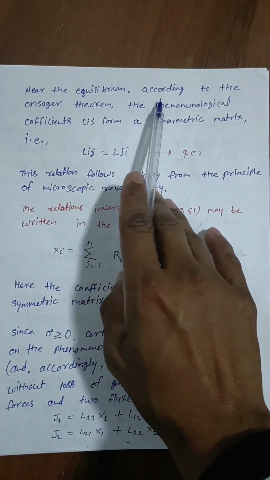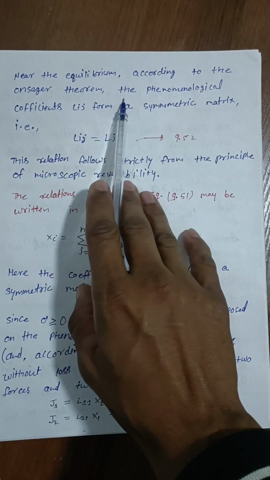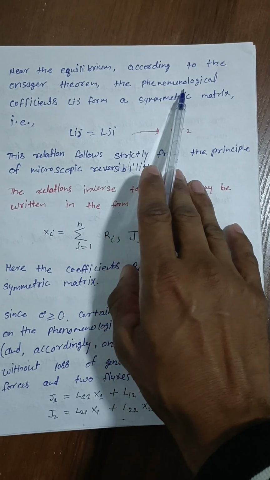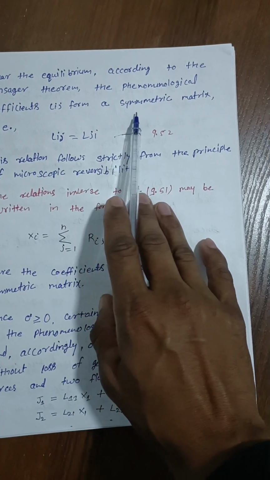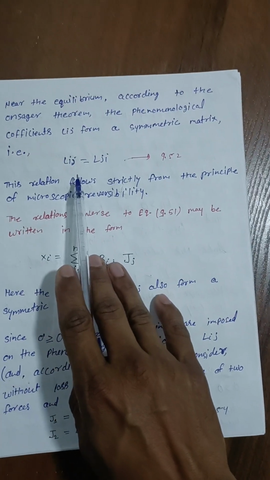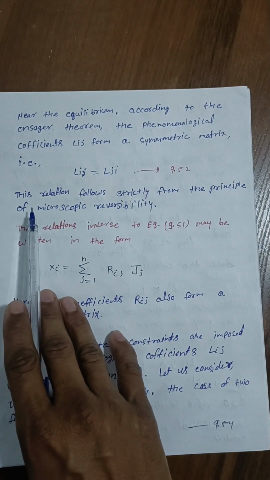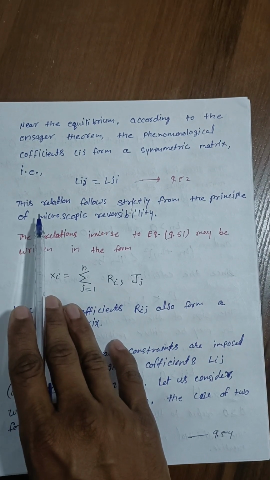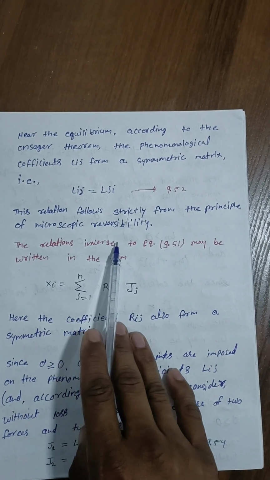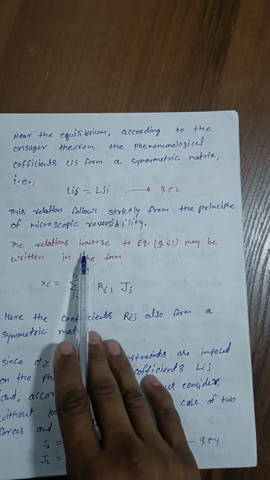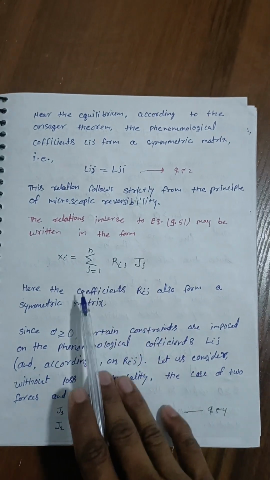Near the equilibrium, according to the Onsager theorem, the phenomenological coefficients Lij form a symmetric matrix. For example, Lij = Lji. Equation number 9.52. This relation strictly follows from the principle of microscopic reversibility. The relations inverse to these may be written in the form